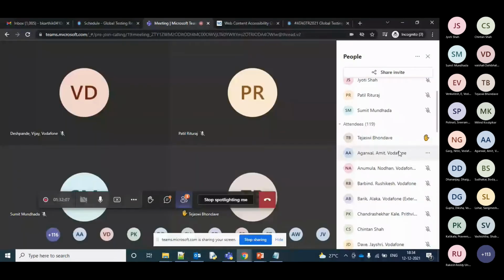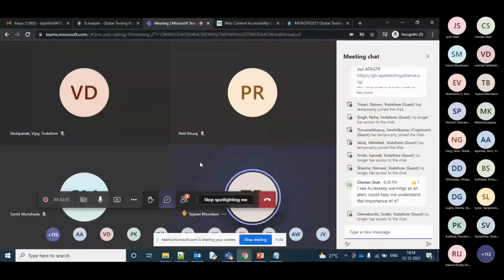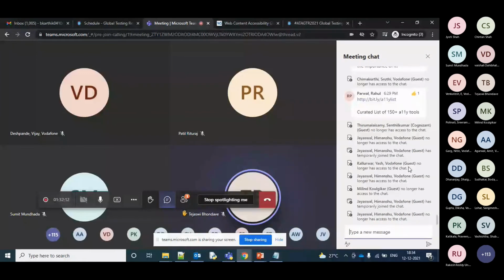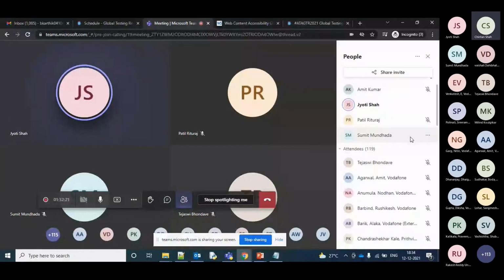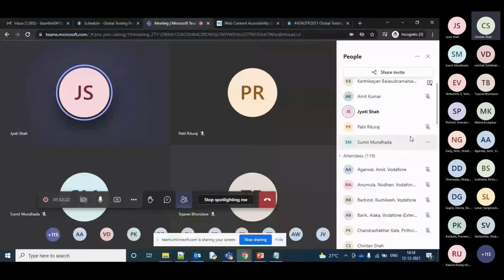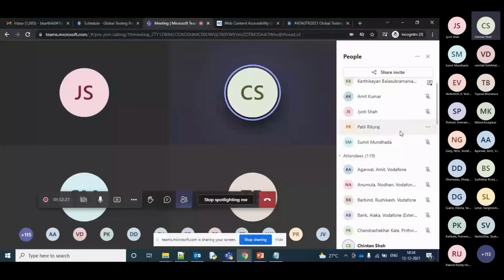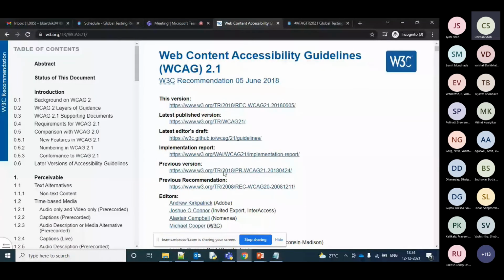Good. And was there any other question? Yes, we have another question from Chintan. Chintan, do you want to unmute yourself and ask the question? Yep, thank you. So in our first example with the Facebook login page itself, I noticed an alert related to access key, which I suppose is a warning, but could you help me understand what it means and what is the importance of it?